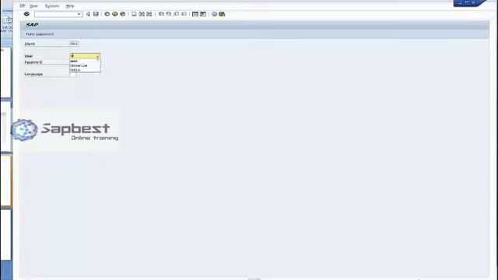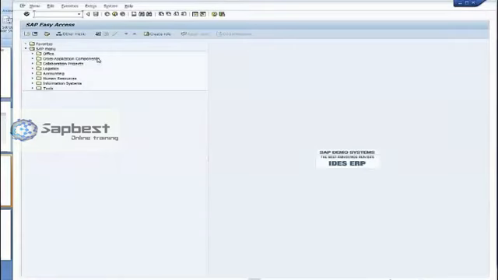So I will give my name. When I log in, I will get the SAP Easy Access menu. At the bottom, there is a status bar, and a small menu here which shows what transaction is running. The current transaction is Session Manager.